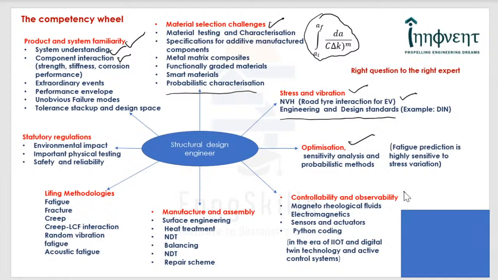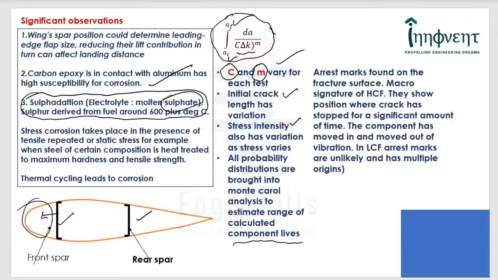And then today you are talking about several active systems. That means we are talking about controllability and observability, and obviously you're talking about sensors and actuators. In fact, in the discussion that we get is the arrest mark, which may not be present in the LCF. So these are some of the important aspects that a designer, especially a young designer, must be familiar with. So let's move on, and now let's look at the system design.